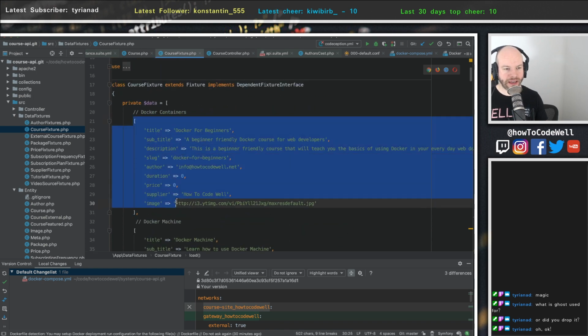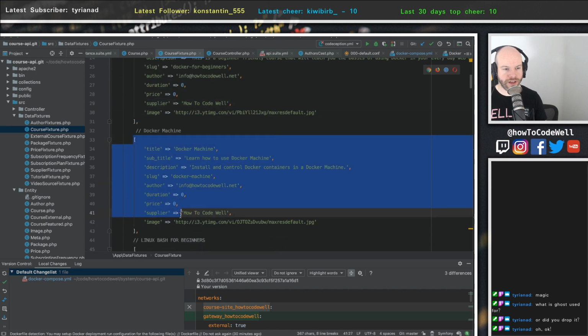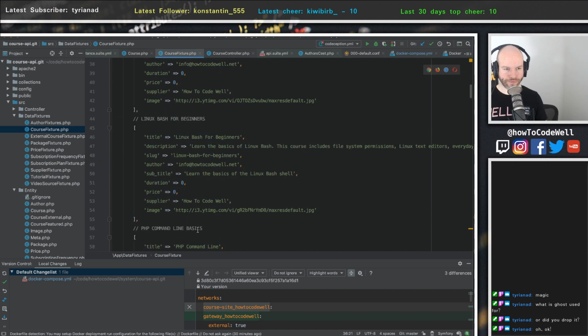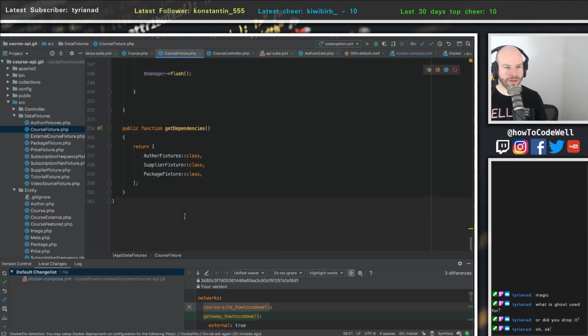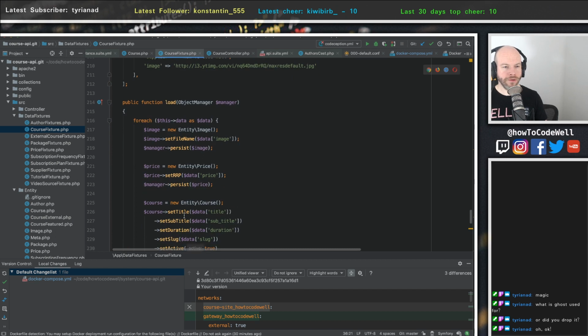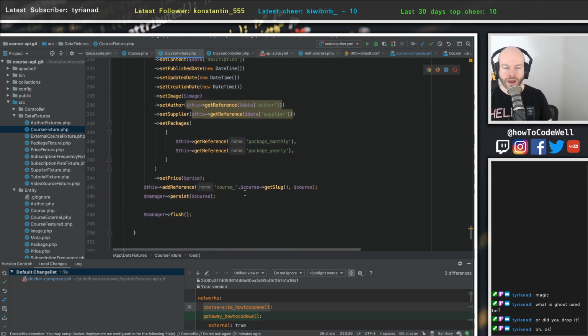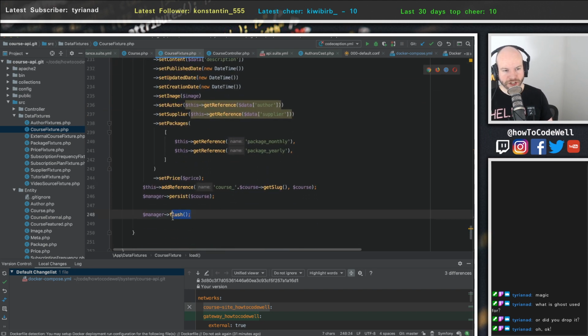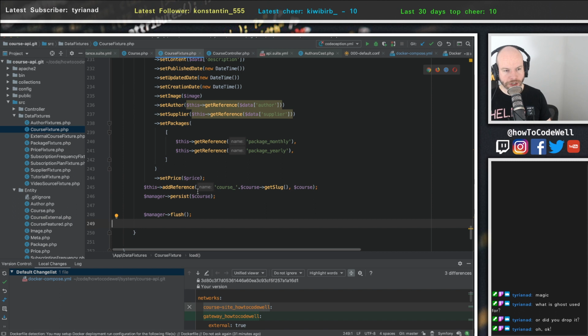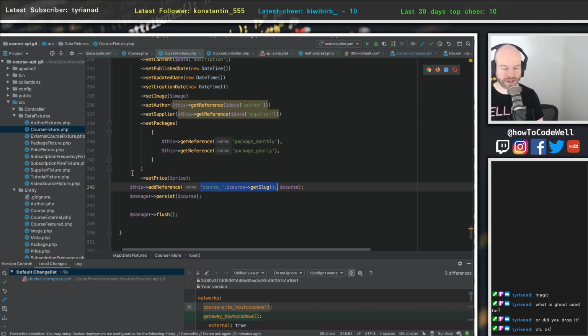And essentially, it's a massive multi-dimensional array of each of the courses themselves, and we loop through. There's loads of them. We loop through and we create the entities, and then we persist those into the database. And then afterwards we do a flush. Because we're running Doctrine, after we've dealt with an entity, we can assign it to a reference, which means that on the next